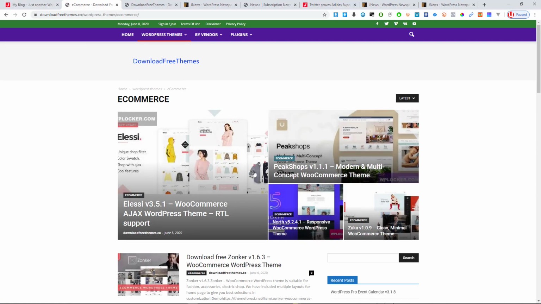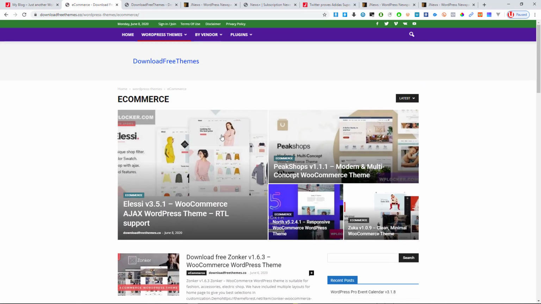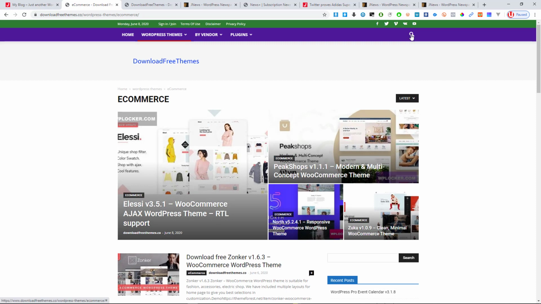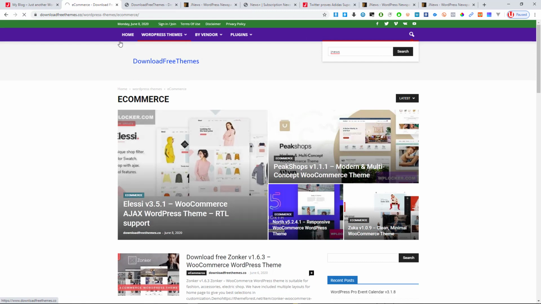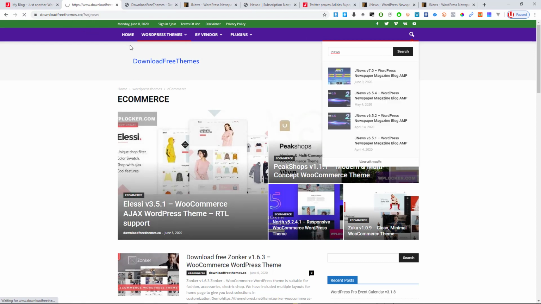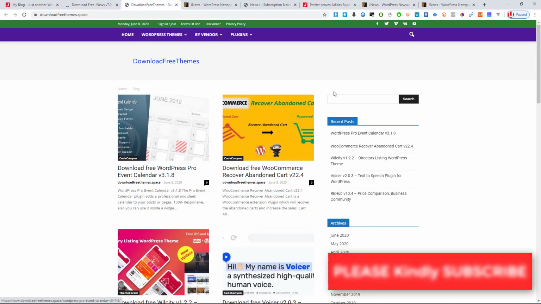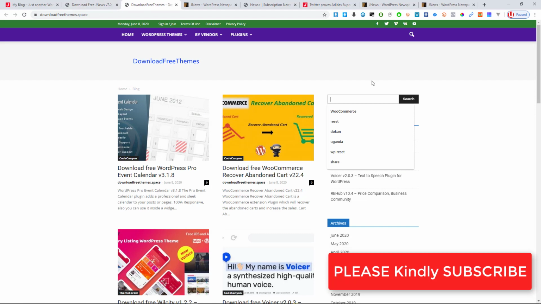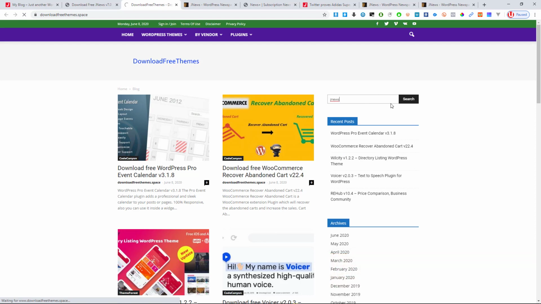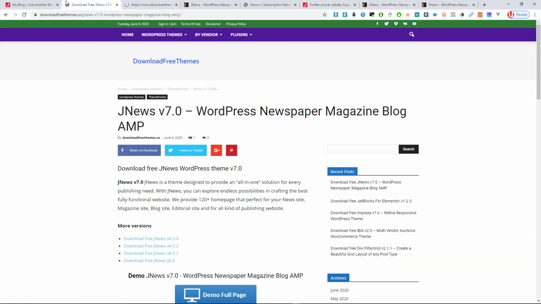So after coming here, all these are themes, and premium are paid. So I'll just simply search jNews within this downloadfreethemes.co. So if I search jNews, I'll see here jNews 7. Let us see here also in the .space site, jNews. So if I click there to search, so here I have jNews 7. It was uploaded on 9th